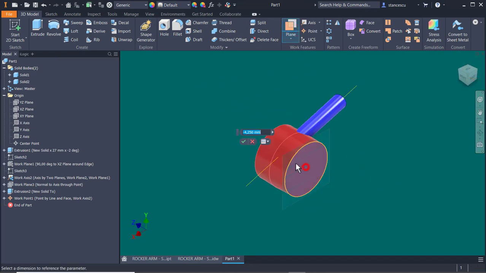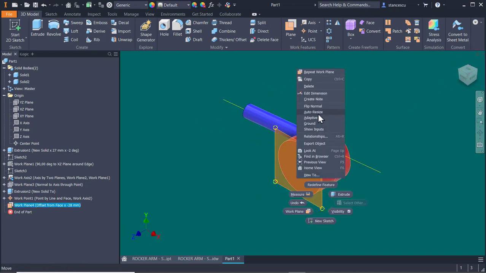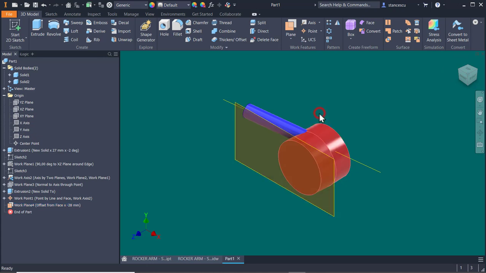Plane from here to the left minus 28. Okay. I extend this plane to cover all the part, auto resize, and I create a sketch here